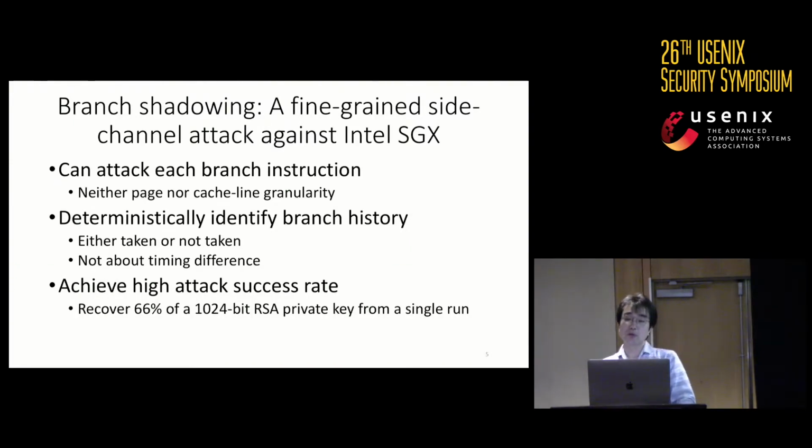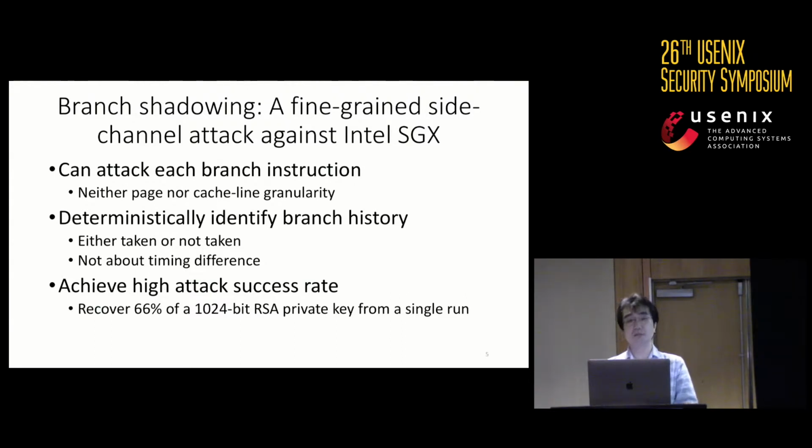In this work, we propose a branch shadowing attack, which is the most fine-grained sidechannel attack against Intel SGX so far. Branch shadowing can reveal individual branch instructions. This attack is not about which memory page or which cache line has been accessed, so we don't need to worry about control flow changes within a single page or a single cache line. Further, branch shadowing can deterministically identify each branch history. It can know whether a certain branch instruction has been taken or not taken,